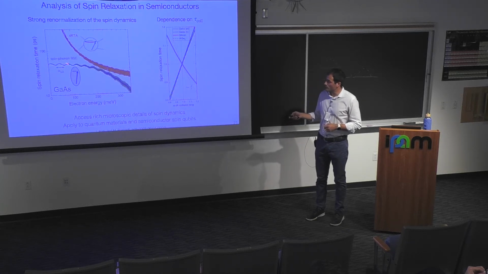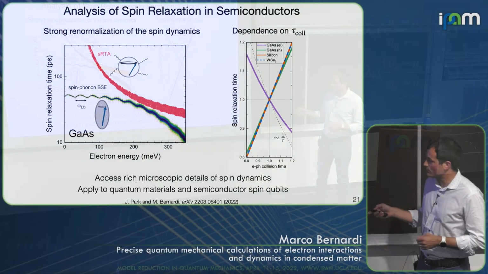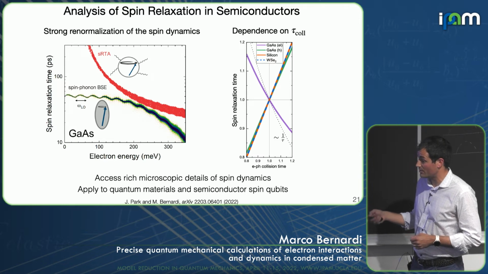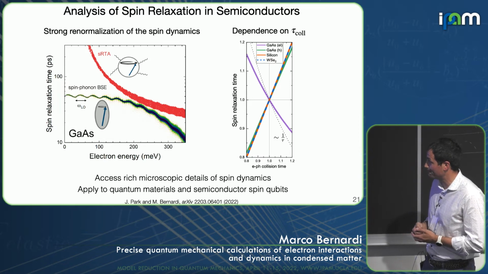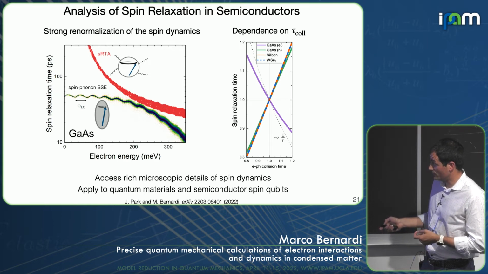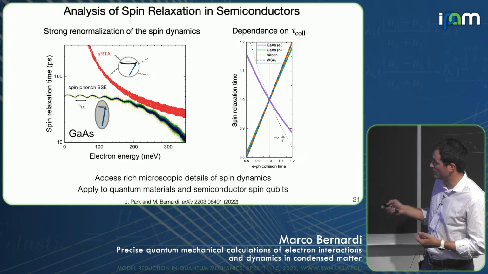In the spin-phonon BSC, this new method, they're nearly constant, but they also show this oscillation with a period of the yellow phonon that couples strongly with the spin. What we can also do is artificially increase the strength of the electron-phonon scattering by basically changing the matrix elements. And so if we plot the spin relaxation times versus the collision time, now for silicon, you